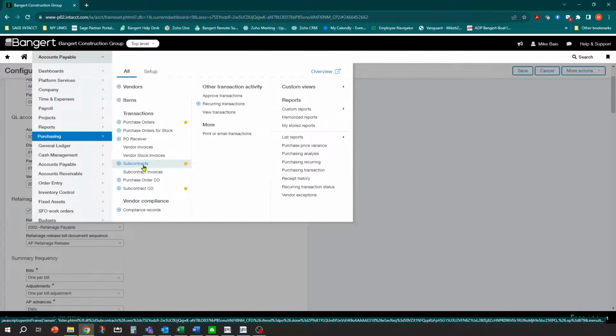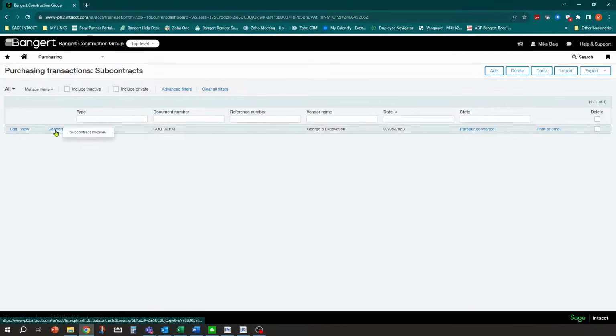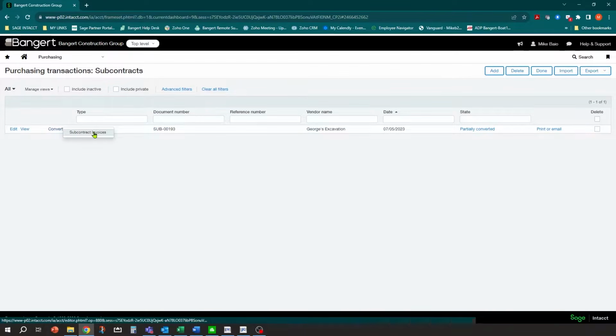And then from there, you're going to have the ability right from the subcontract to convert that to a subcontract AP invoice. The reason we want to do that is because this way we can track what's open on that commitment, what's been invoiced to date, make sure they don't overbill us, etc. So that process all happens through purchasing.